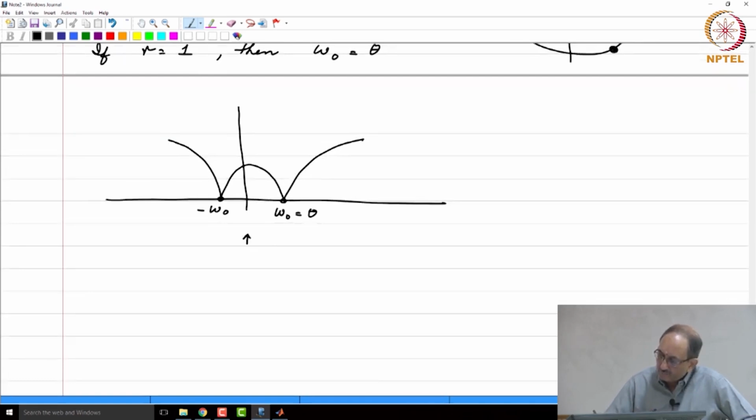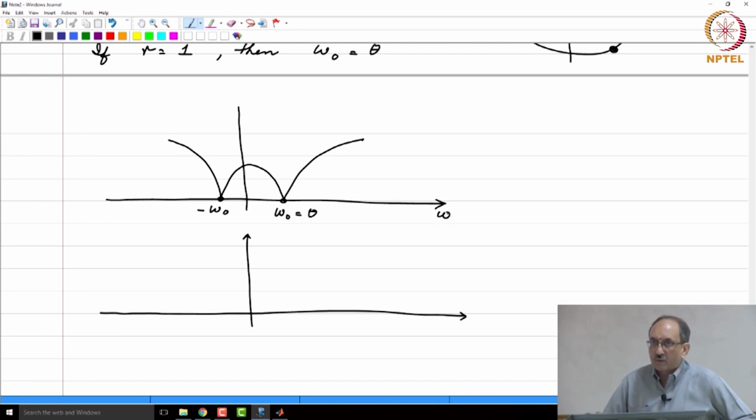But when you talk about a notch filter, you also have an ideal reference. When we had low pass, high pass and other typical filters, we knew what the ideal low pass filter was, and then we had approximations to that. Now what will be the characteristic of an ideal notch filter? If you want to notch out omega naught, at those frequencies the frequency response has to go to 0,